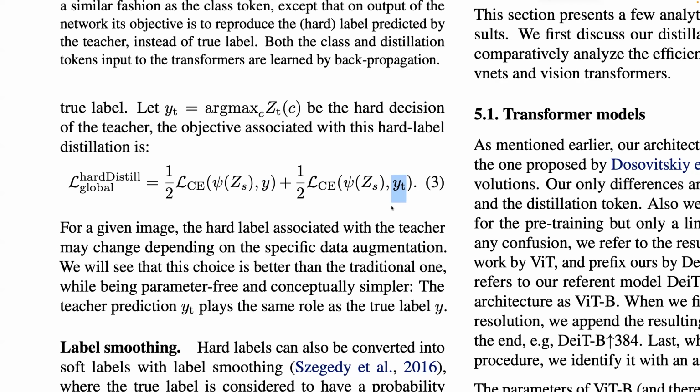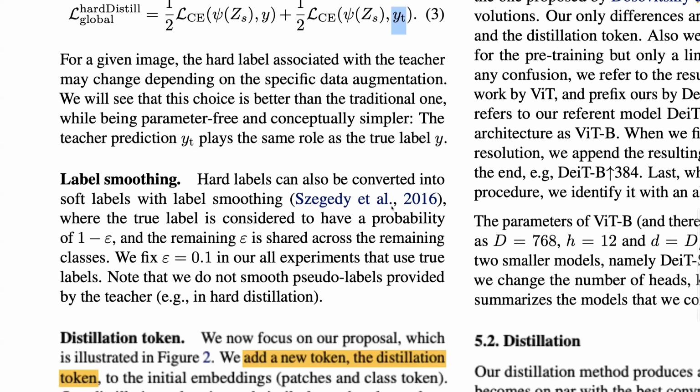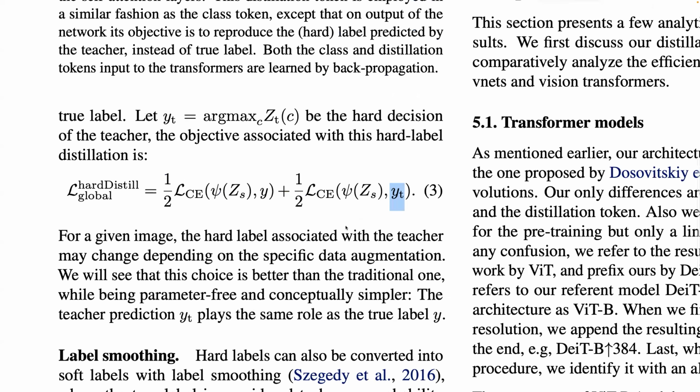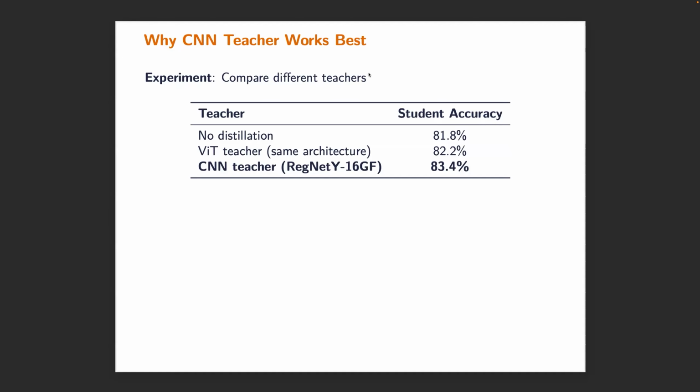And here is where the authors are discussing this new token, the distillation token, to basically separate the two losses using two heads. So using the distillation token here from the distillation head and using the class token here in the class head. And they showed that this way, the network actually learns